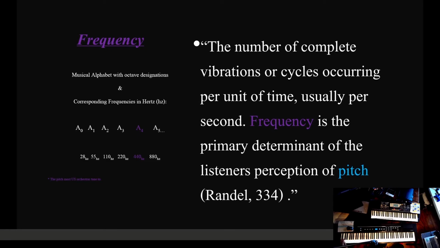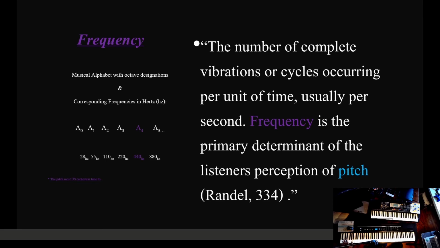Okay. So what that means is the A0, you'll see the 28 Hz below it. That's the hertz. It's the unit of measurement we'll get to in a little bit. But what that means is to hear that A0 pitch, there are 28 cycles per second that happen. So what does that mean? In every second that you hear that, there are 28 waves, 28 cycles that produce that sound. An octave above that, and the frequency is doubled.